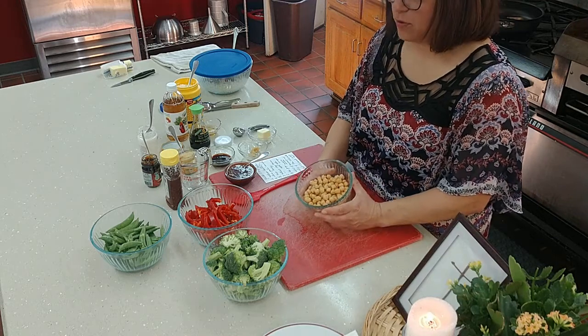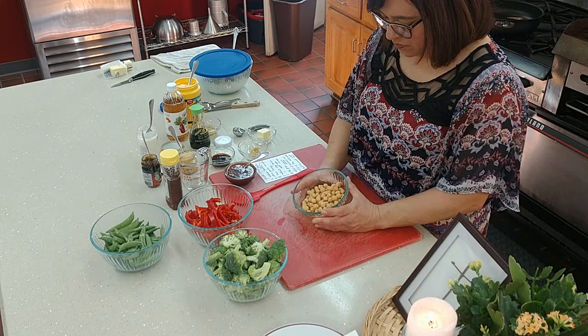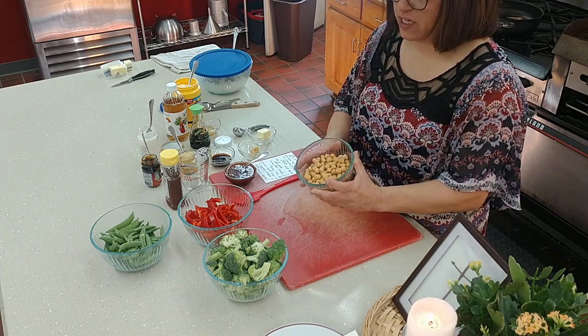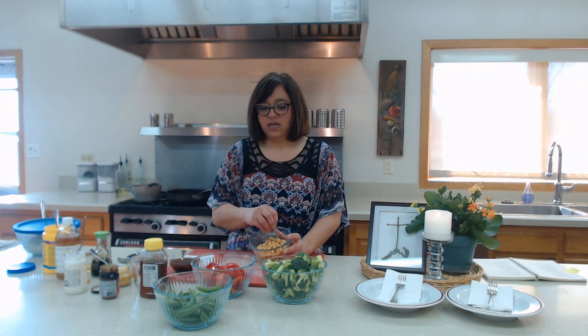and got some garbanzo beans, or AKA chickpeas. And I love this because you can add this into this dish, and it gives you the protein that you need. Okay, so